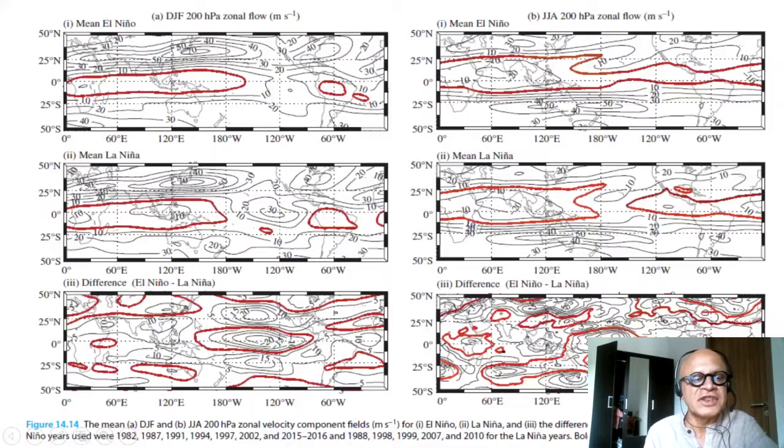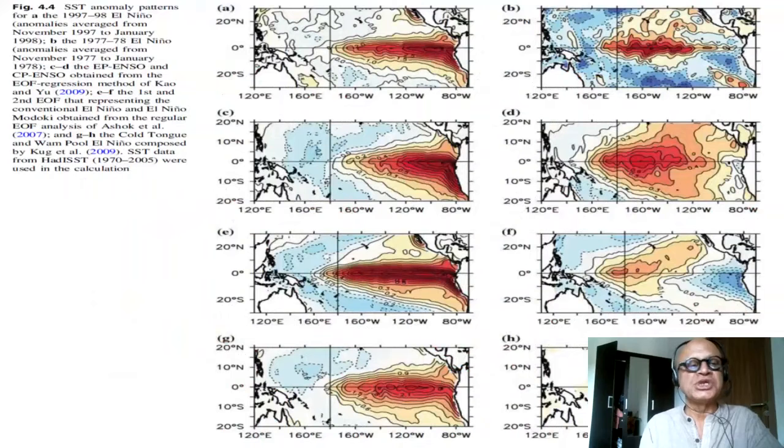So the difference of El Nino minus La Nina, you can see that our entire tropical extratropical connection is going to be seriously affected by the upper level wind anomalies associated with the El Nino and the La Nina during both the summer and winter season, which means the tropical extratropical exchanges are going to be affected by the El Nino related movements of the heat source and the circulation changes.